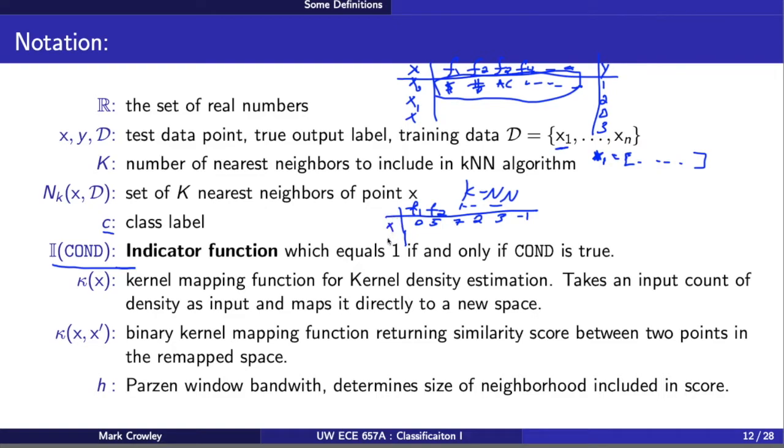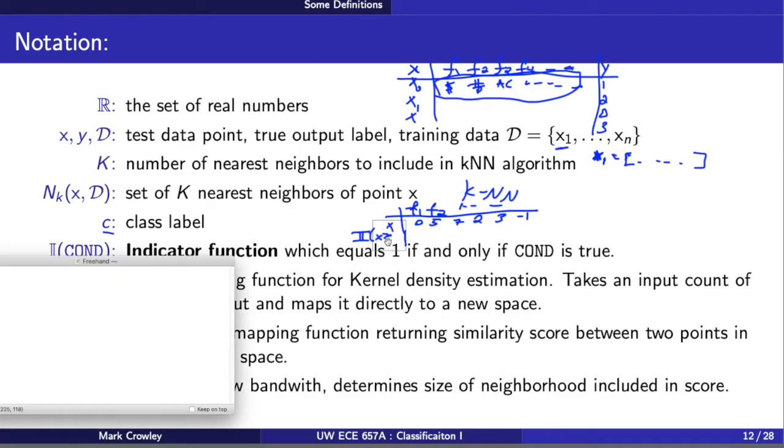Say this is x, and then I of x, the indicator of x is greater than or equal to